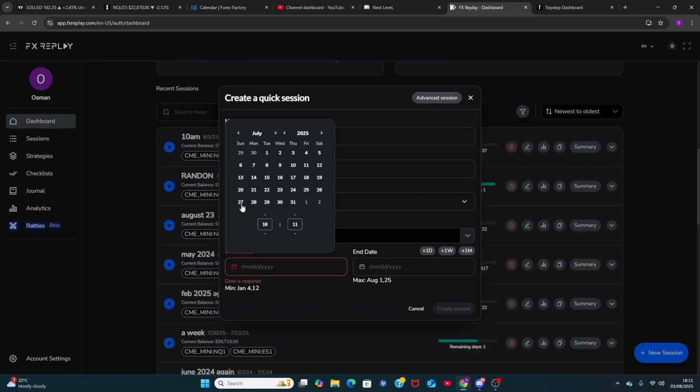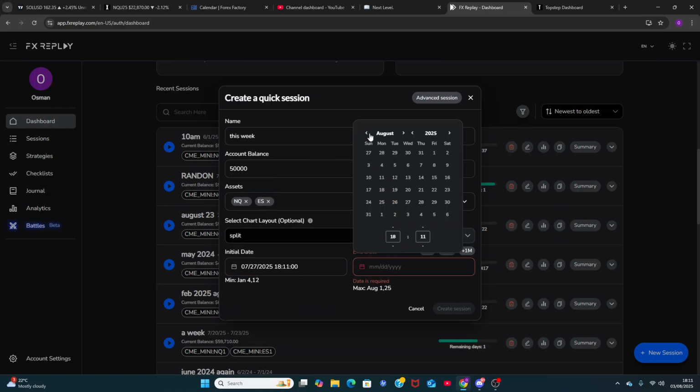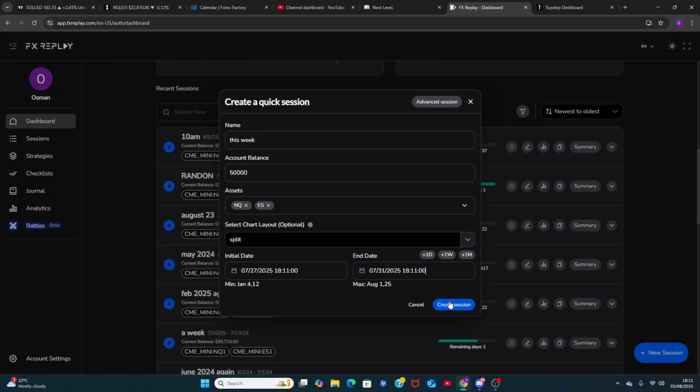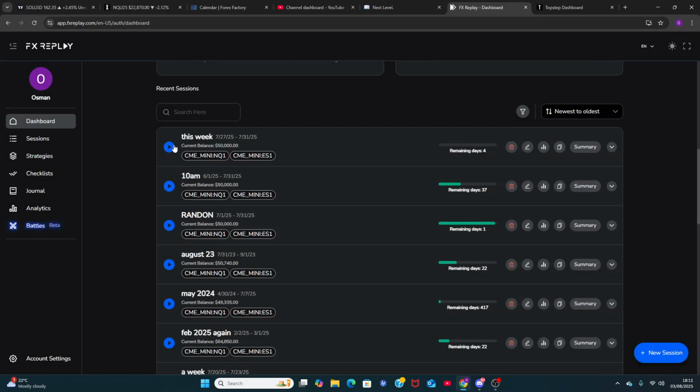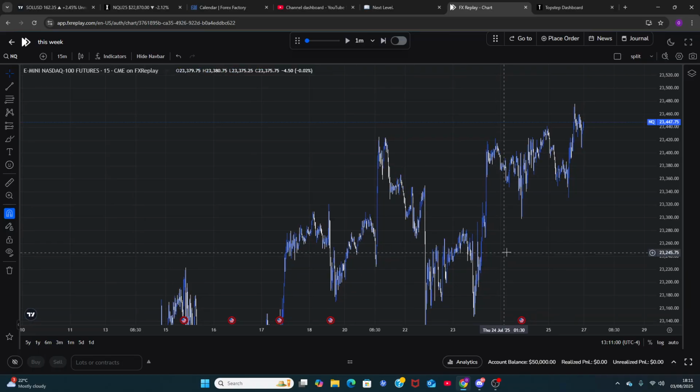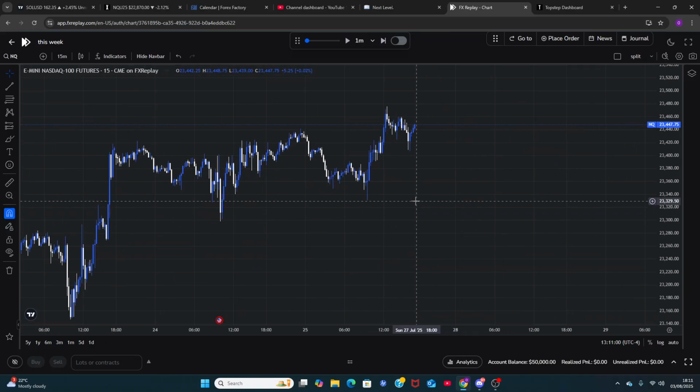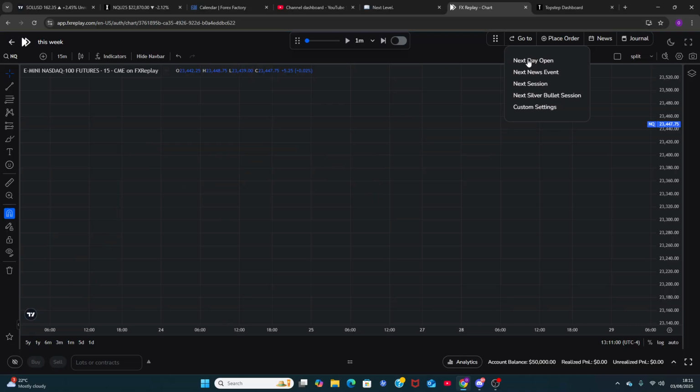Ah, perfect. I can actually do it. Before it was not working. Thursday? I can't do Friday. Friday's the only day it won't let me. That's fine. We just basically did Friday. Okay, we'll start off this week. Bear in mind it's the first couple days of August. This is Sunday. Let me go to Monday open.